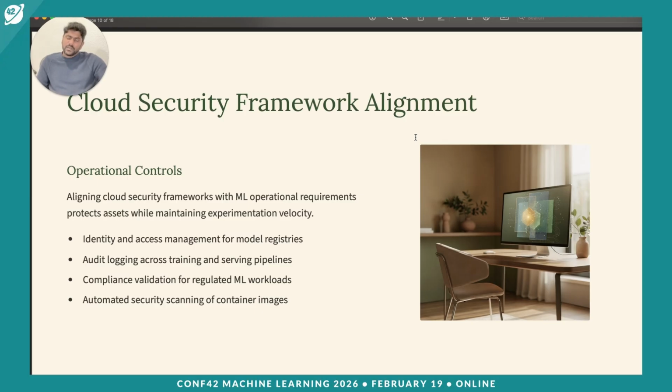And for this, we also have identity and access management for model registries, which is nothing but access management. Privileged access management is available with most of the cloud providers, which will clearly define the roles, responsibilities, and different versions where we can limit the users depending upon the use case scenarios and the